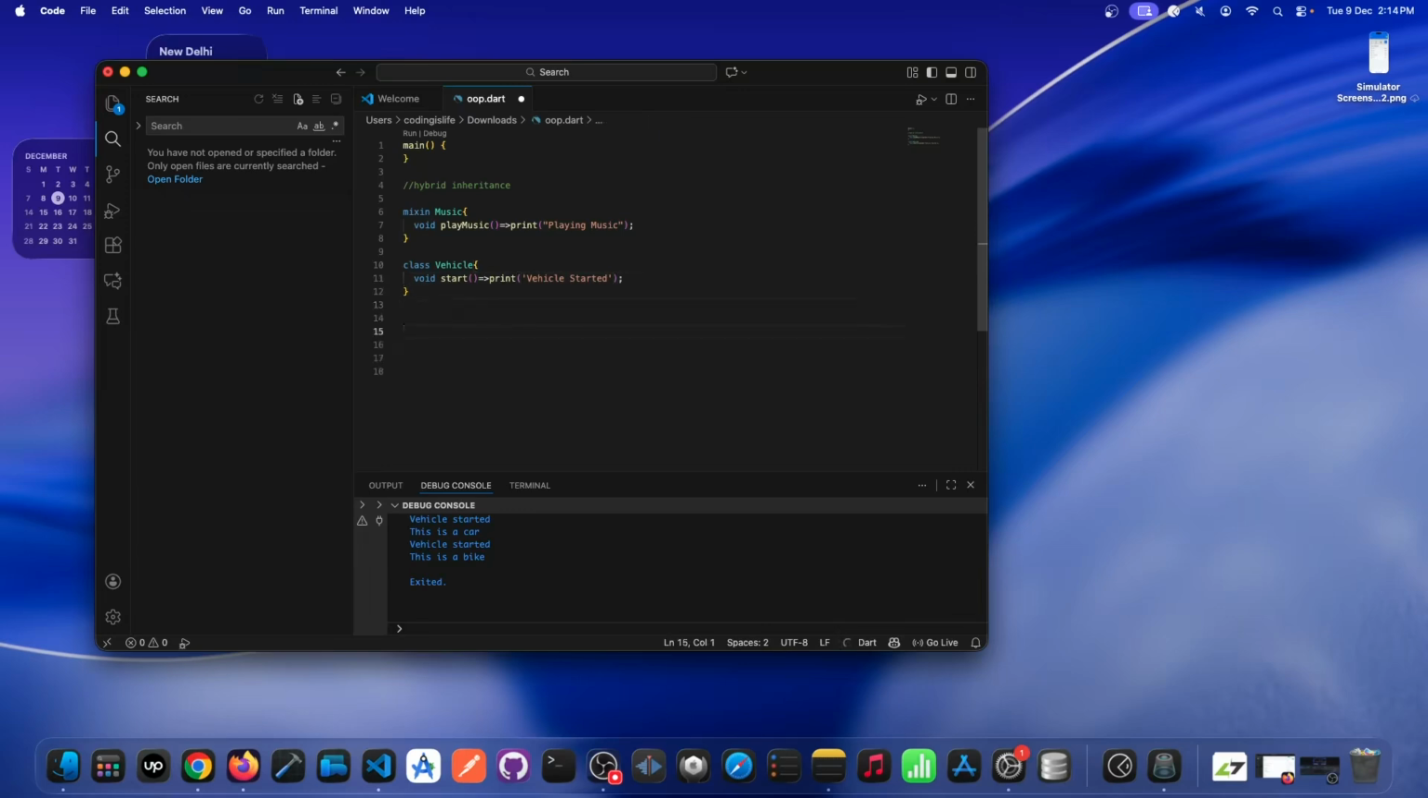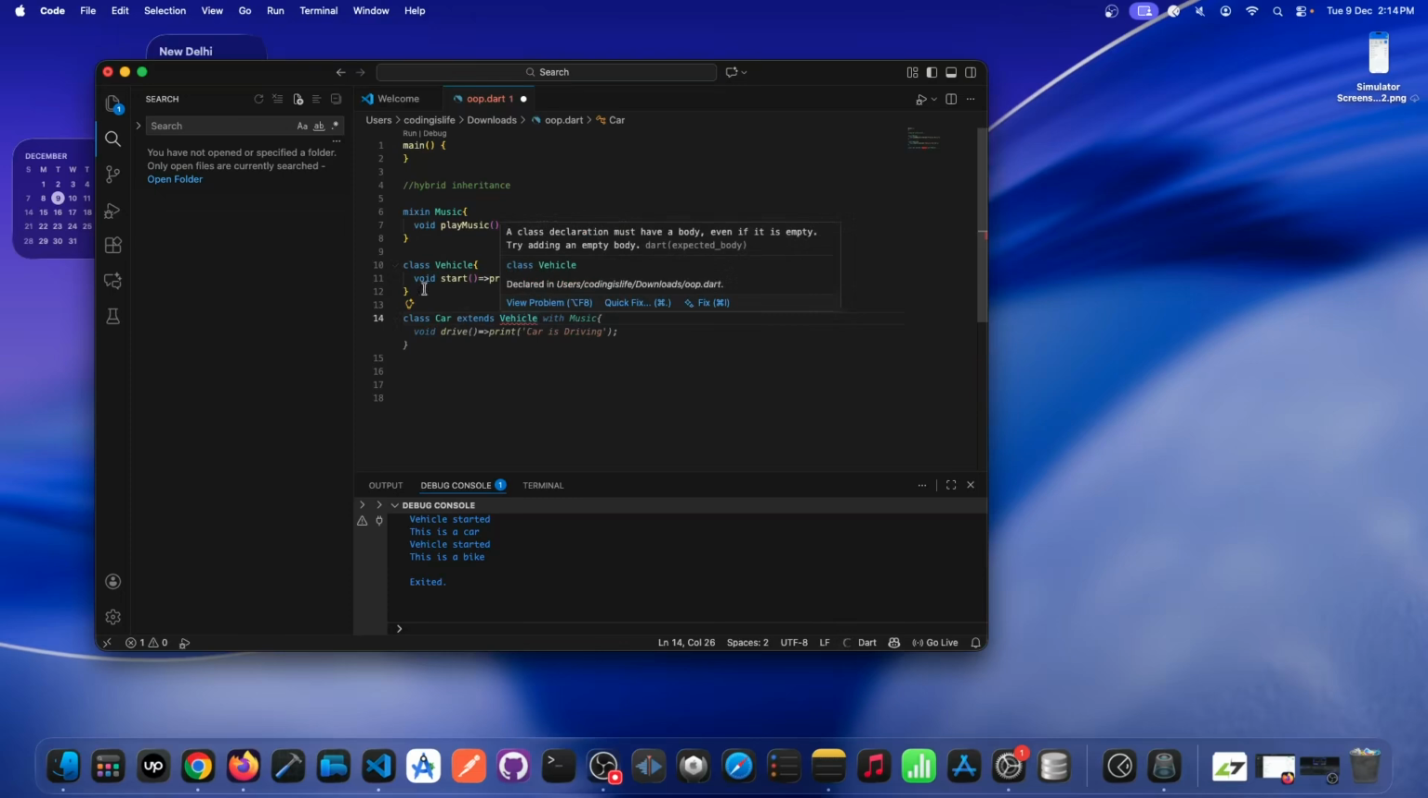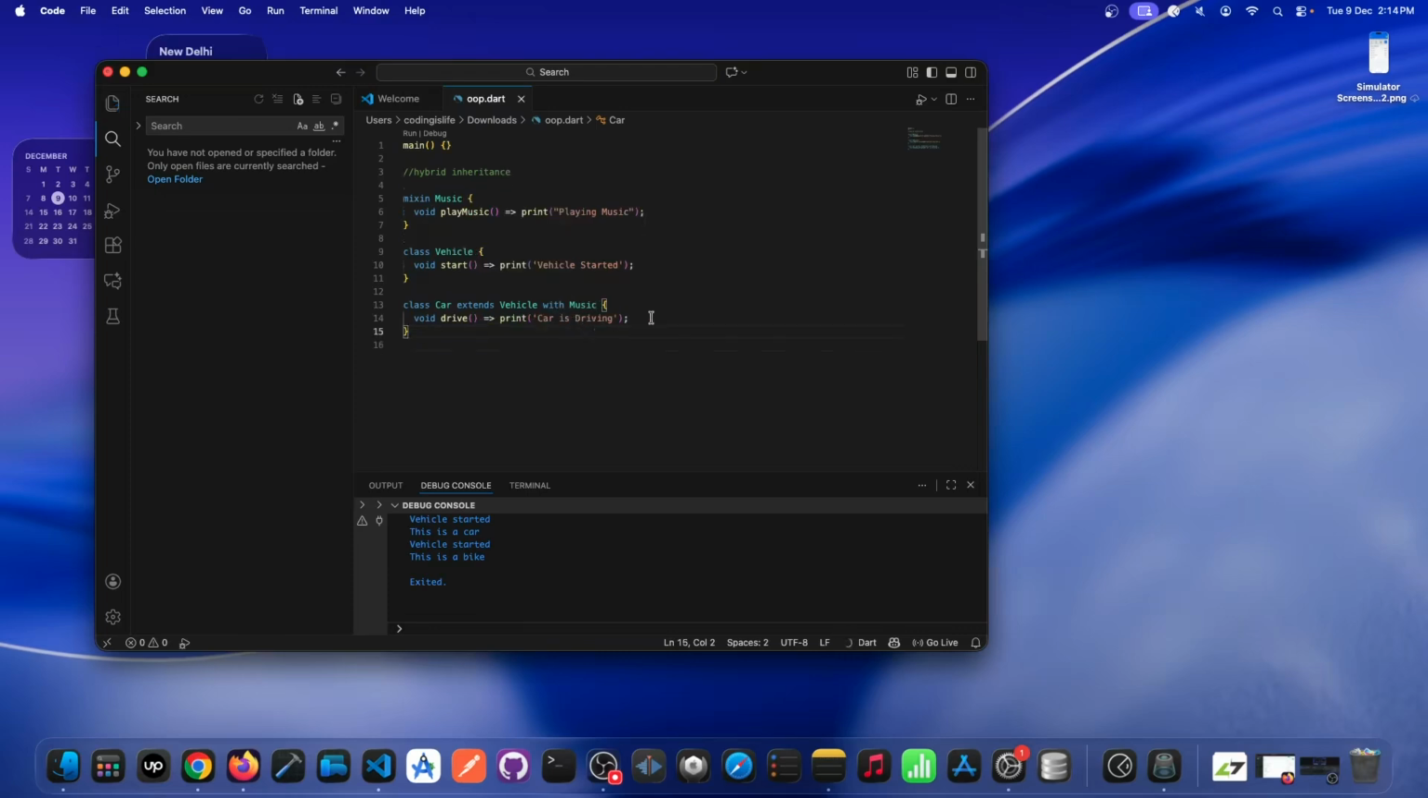Now we access both in a single class. In the class, we extend Vehicle. Then we also need the mixin, so we write it with the with keyword: extends Vehicle with Music, because Music is a mixin. So the class gets both the parent class features and the mixin features. This is used heavily